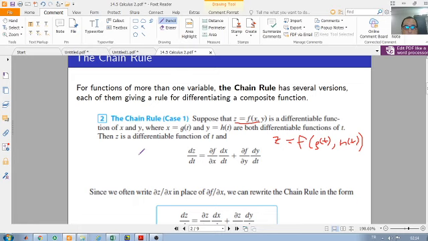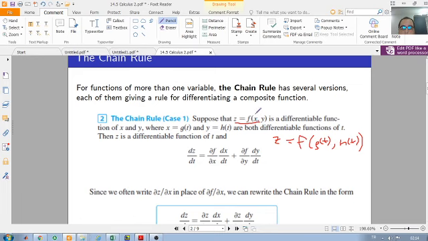So how can we find its derivative? For its derivative we use the chain rule, case 1. It is a differentiable function of t, and the derivative of this function with respect to t, since we have one independent variable for this function, we write dz over dt, you see. But f has two independent variables. If we consider x and y not to be functions of t, then we write del f over del x. First we take the partial derivative of f with respect to x, times we apply the chain rule, case 1,